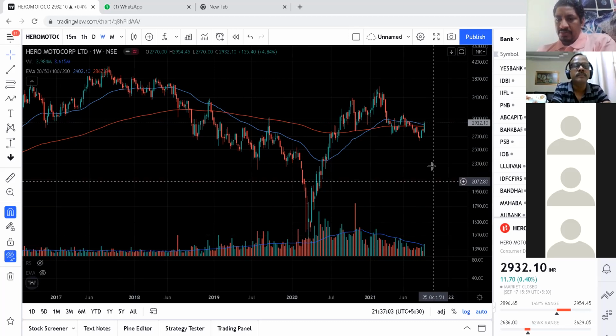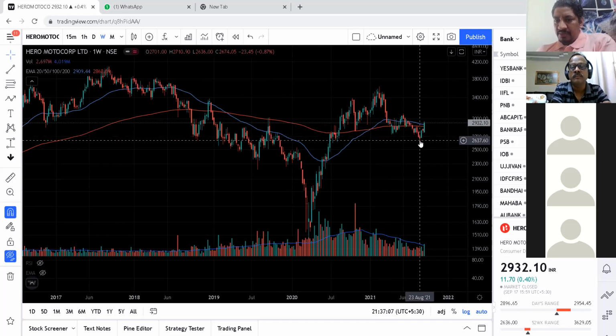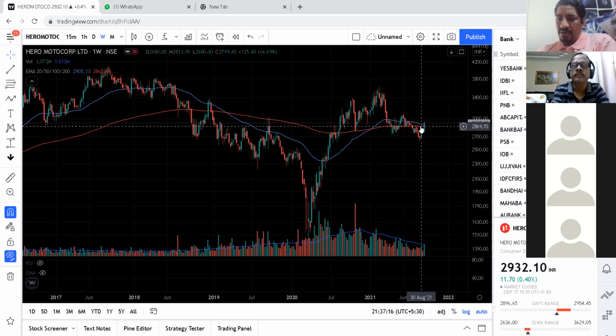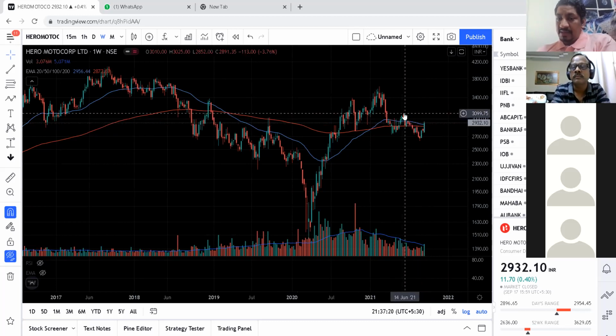Only thing you should know, whenever you are taking reversal trade, previous swing low and previous swing high are the deciding factor. How you are going to control this trade. आपने ले लिया, होल्ड कैसे करें? होल्ड करने के लिए अब आपको प्रीवियस स्विंग हाई रेजिस्टेंस देखना पड़ेगा। ये क्रॉस कर गया, यू माइट इंक्रीज, क्योंकि